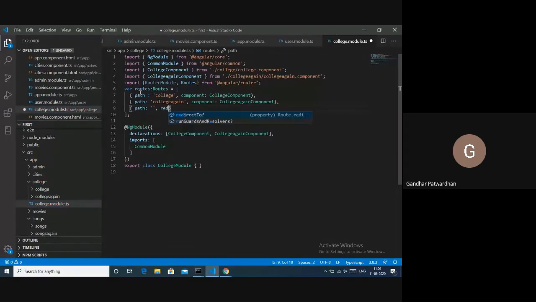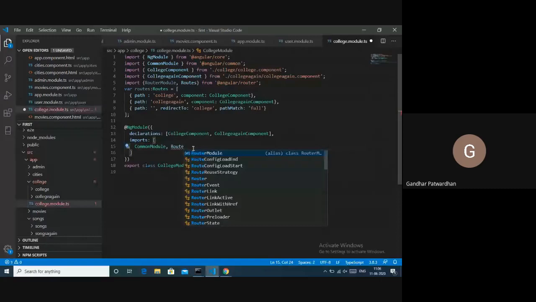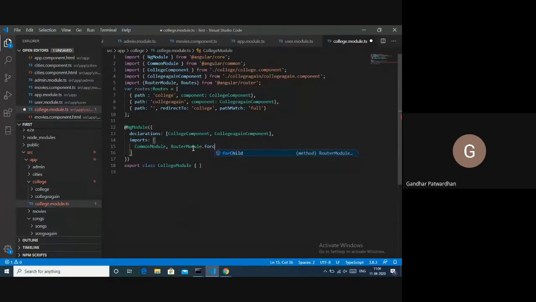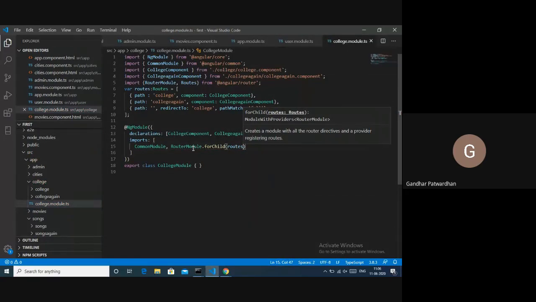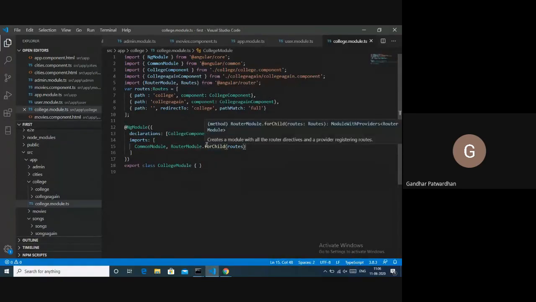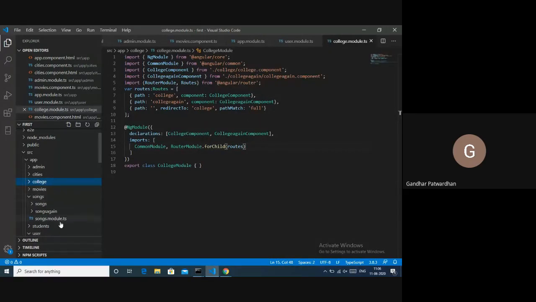I'll say redirectTo college, and pathMatch full. Once the routes are created, what will I do? I'll register those routes in my module. So I'll say RouterModule.forChild, and I'll pass routes. So what I did is I simply created routes for each component, and I registered them using the forChild method of the router.